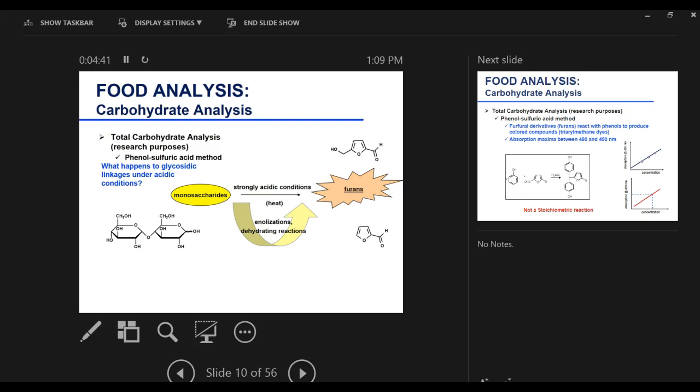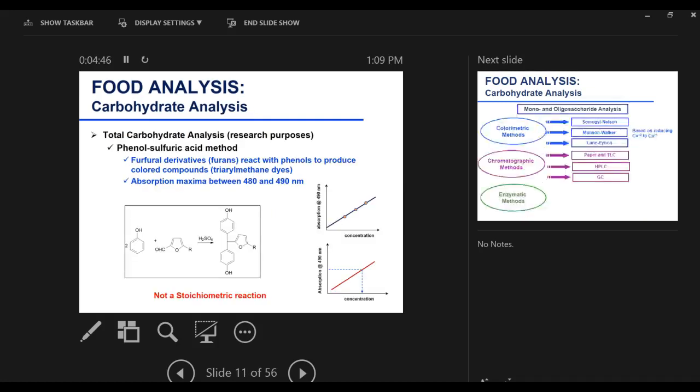So this lab, Cindy calls the most dangerous lab. Yeah, it has the concentrated H2SO4 and then it has the phenol, which is toxic. So we have to be super careful next week in lab. So the furans will react with the phenol